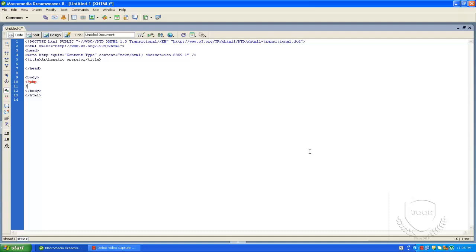Arithmetic operator features are addition, meaning plus, subtraction, multiplication, division, and modulus.